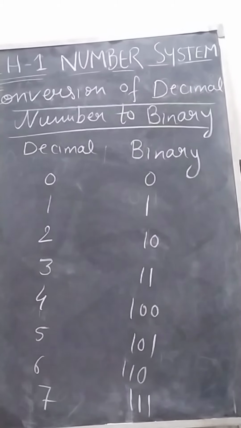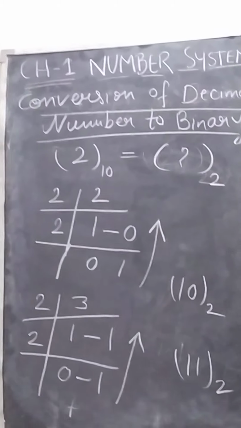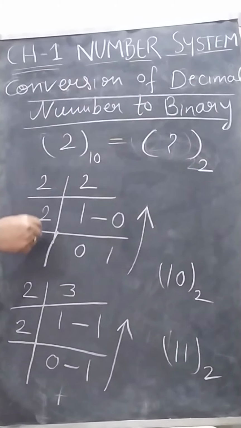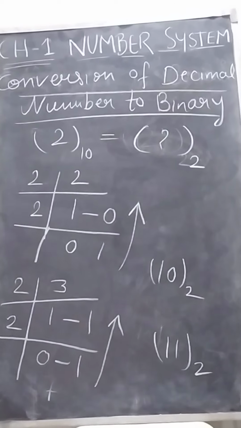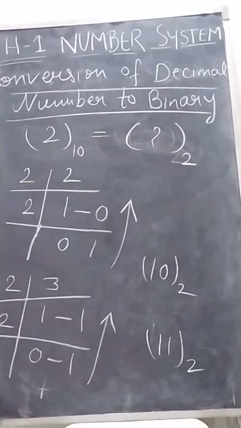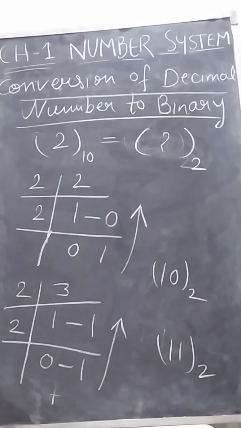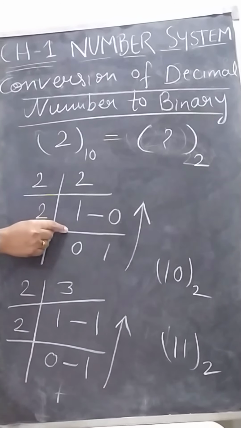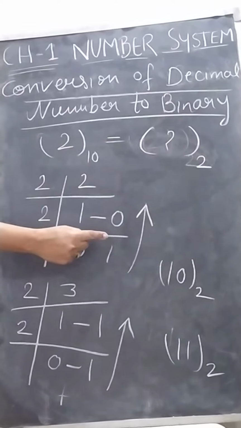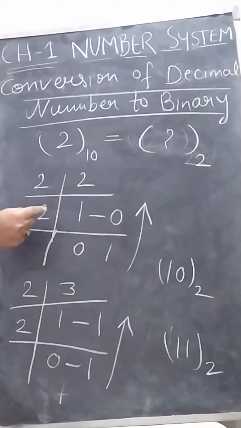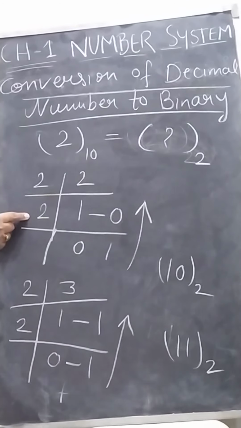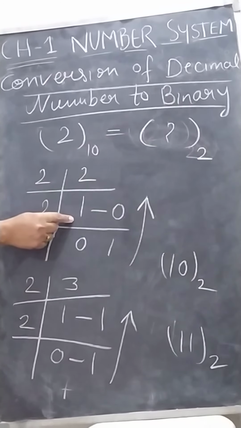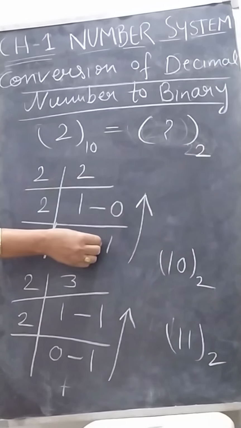How can I calculate this? We'll do this now. So what is the value of 2 in decimal number, in binary number? We have to divide by 2 only, because binary number system base is 2. We divide like this: 2 ones are 2. We have to write the remainder on the right hand side. What will be the remainder? That is 0. Again divide by 2. We have to divide till the quotient becomes 0. 2 can't divide 1, so the quotient is 0 and the remainder is 1.